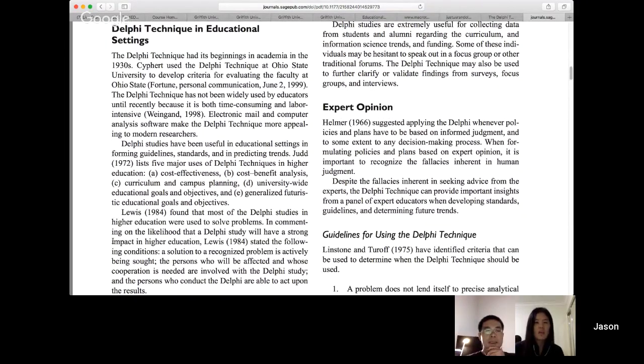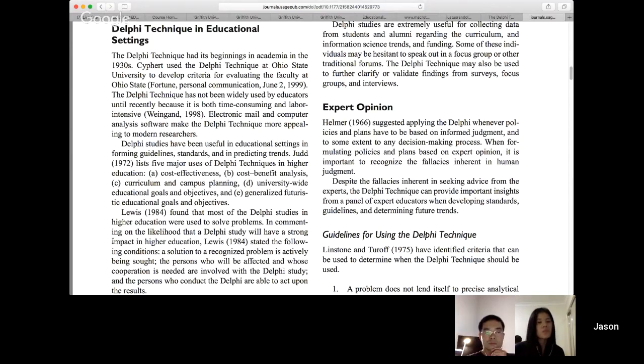The whole idea of groupthink and mobthink can be problematic because once you get to a certain critical mass, they can start influencing each other. And you don't want to then just have everyone go along with the majority view because it's the majority view. And the Delphi technique was designed to try to stop that happening.